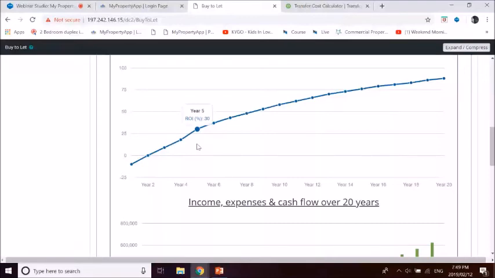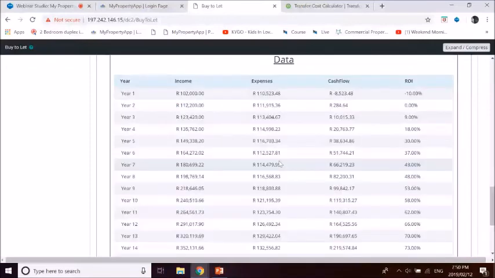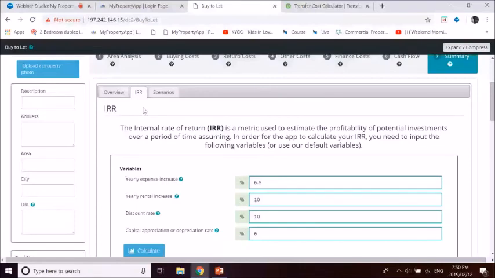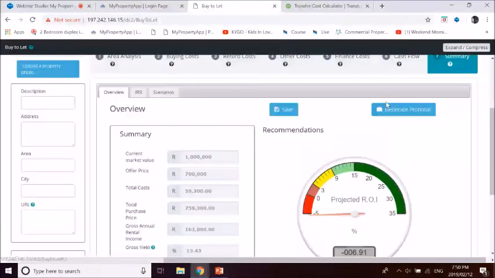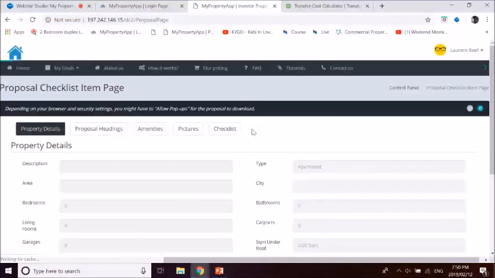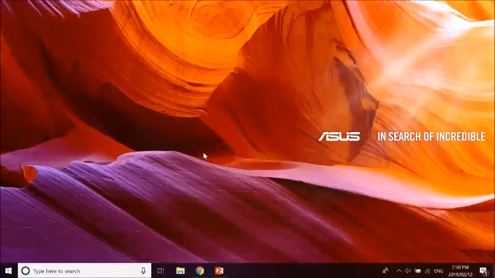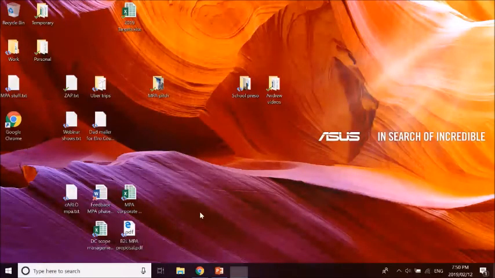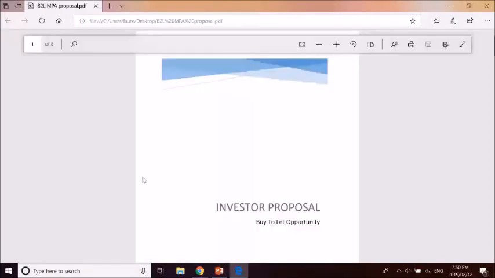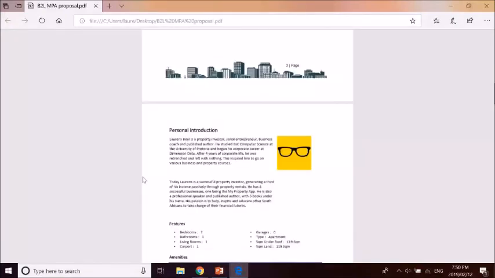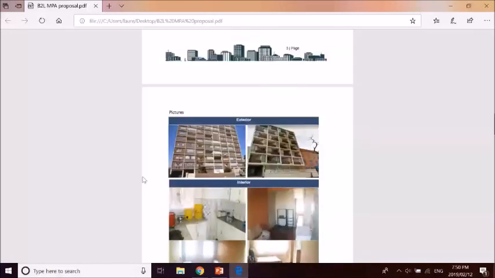Question now is around tax. Now tax is something that we have obviously been asked a lot, and we've been hesitant to have tax numbers in there because we are not tax advisors. But what we have done is we've started negotiation and conversations with an attorney and an accountant. And what we are going to do is have a very, very high level tax calculation in the app to make sure that when you do get your return, it is after tax. But we're going to have to put disclaimers in place.